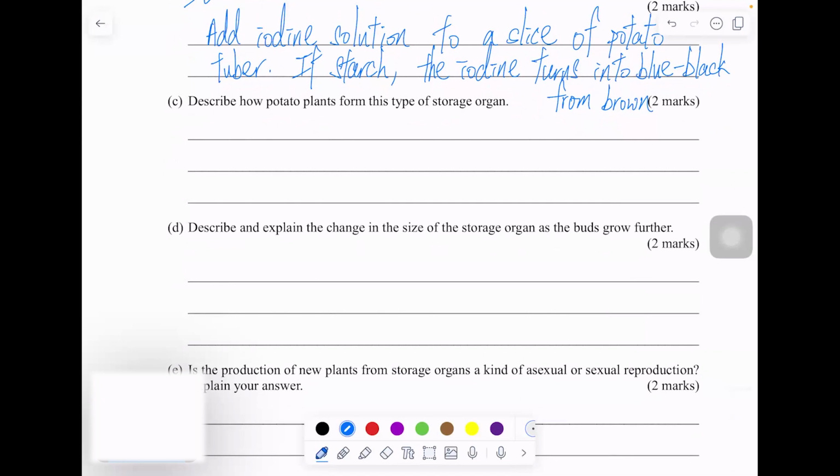Therefore, the stem tuber will become smaller in size. This is because some of the stored food will be used for the growth of the new plant or will be consumed, etc. Okay, that is because